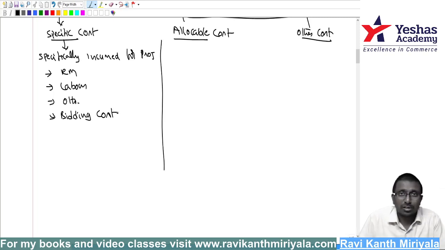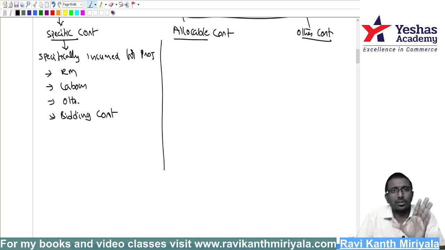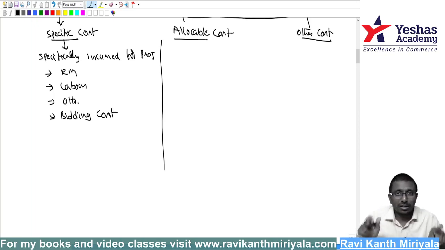Auction, or not exactly auction. The government is offering, correct? I can go and quote my price. I can say I will construct this building for this amount. But for bidding cost, first I have to prepare a project report. I have to get it done through an engineer. He will make a project report for me and I will submit the same thing. But I have to pay the engineer.